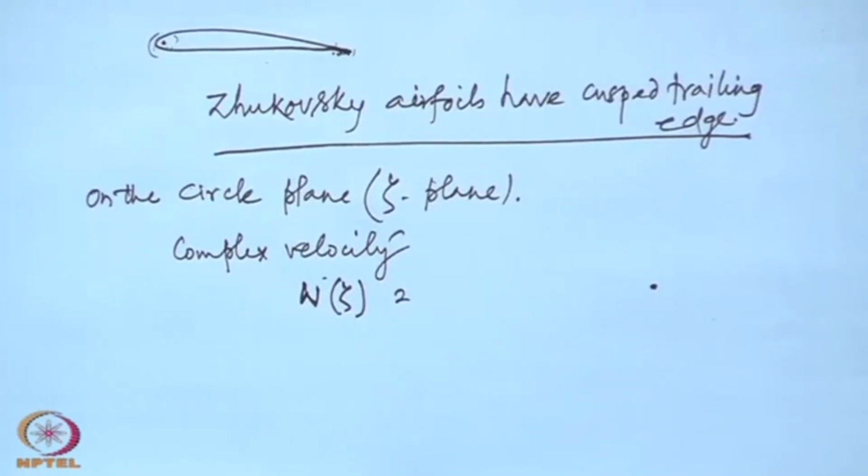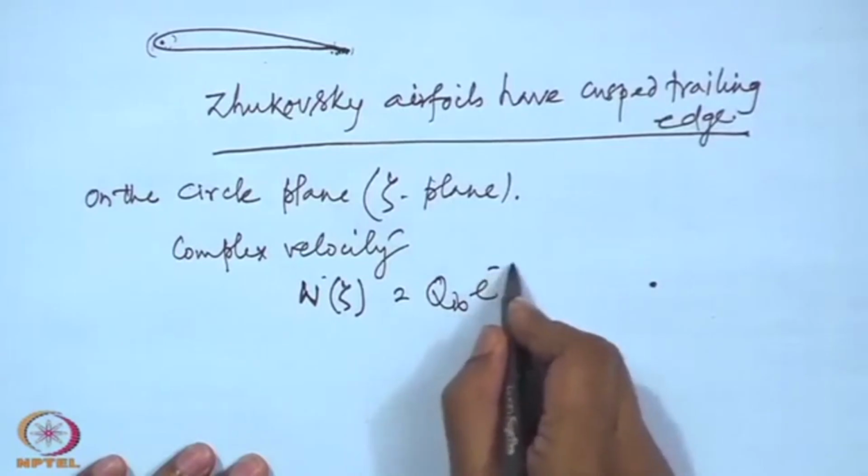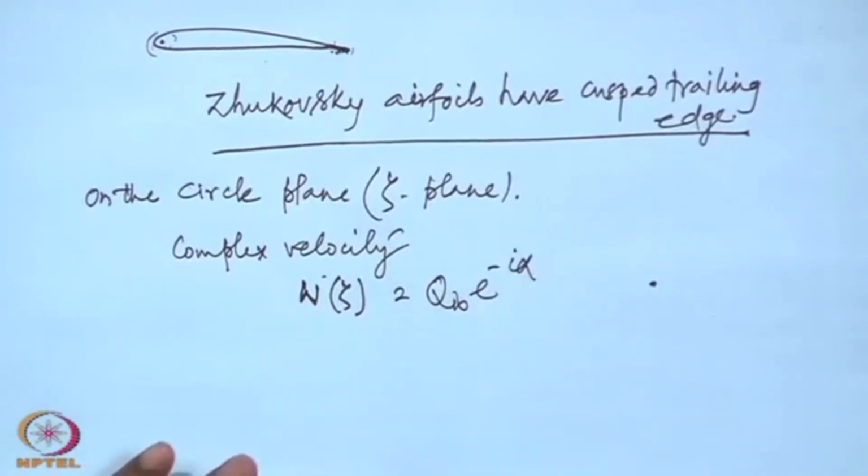So, the complex velocity due to uniform stream is, we will consider a general uniform stream. For a circle, whatever the direction of the uniform stream, it is always along a diameter, but different diameters will represent different lines as far as the airfoil is concerned. So, we must differentiate that. We will consider a particular fixed x axis and the flow direction with respect to that angle. So, the complex velocity due to the uniform stream is q infinity e to the power minus i alpha,